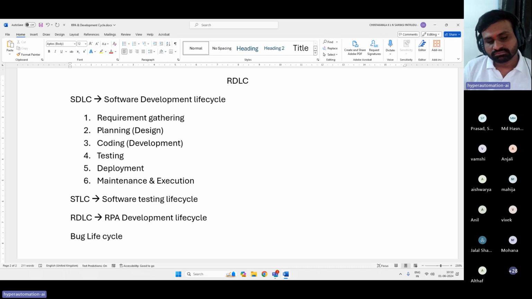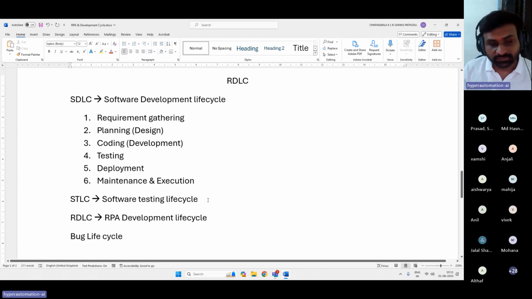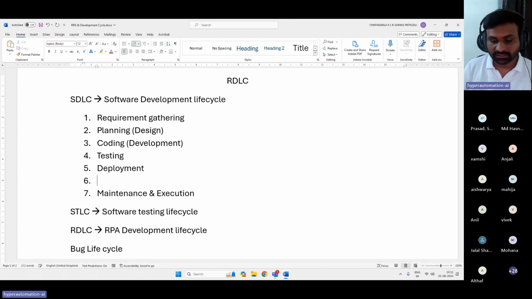But we need to do the RPA testing also, right? Whatever coding you perform, you need to do the testing and you need to have the maintenance and support as well. Right? Deployment needs to be done. Now, here someone mentioned hypercare and I forgot to mention it, right?